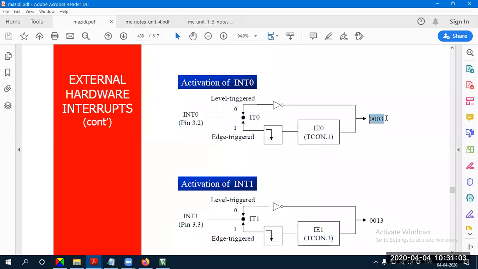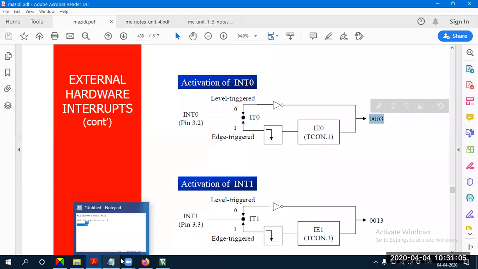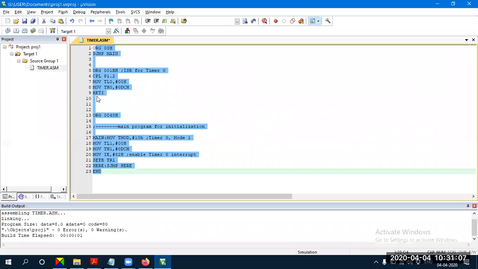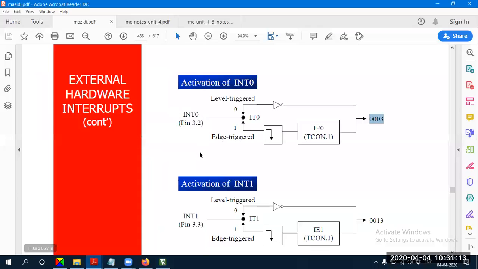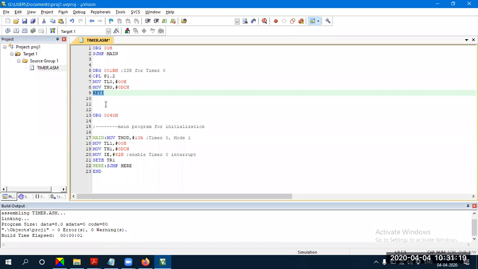What is the last instruction of an ISR in any program? The last instruction of an ISR is the RETI instruction. The low signal applied to interrupt 0 or interrupt 1 must be set to high before the execution of the RETI instruction of an ISR. For example, let us say this is 0003H, which corresponds to interrupt 0. Let us say the signal continues to be low